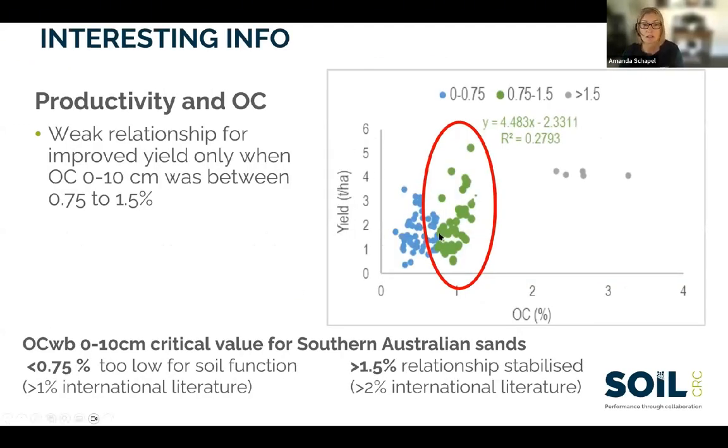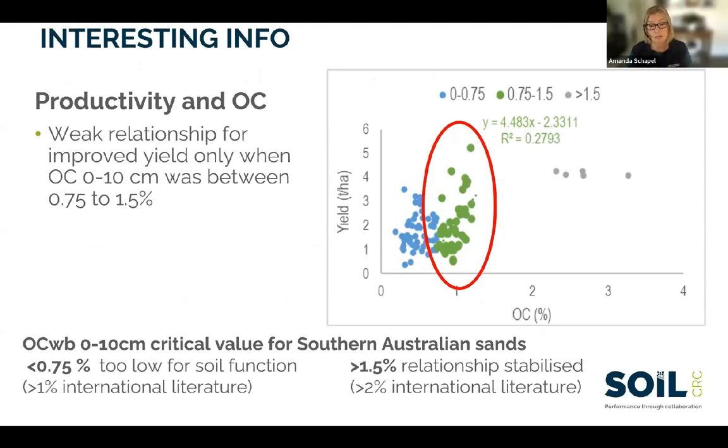I'll quickly do this one and then I will just talk about it. We always hear increased carbon and you'll get increased productivity. For sandy soils, we seem to have these limits: areas below where we don't get an increase in productivity, and areas above where we, again, don't get changes to productivity. And this is because below this 0.75%, we're often below a critical value. That's where you're just getting soil function turning over.